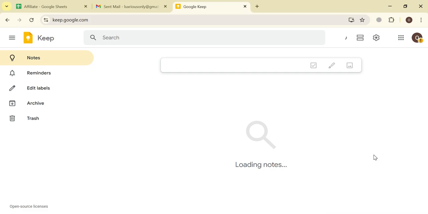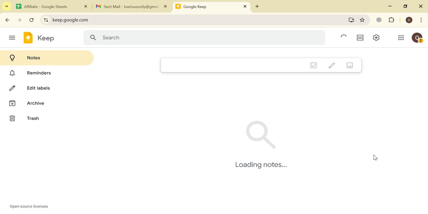In today's video, we are going to explore how you can use Google Keep to organize your notes efficiently using labels. Taking notes is easy, but keeping them organized and easy to find can sometimes be challenging, especially when you are managing ideas, tasks, reminders, and important information. Google Keep offers a simple yet powerful way to stay organized. In this video, I will show you step by step how to create notes and manage labels, color code your notes, and quickly search for information when you need it.